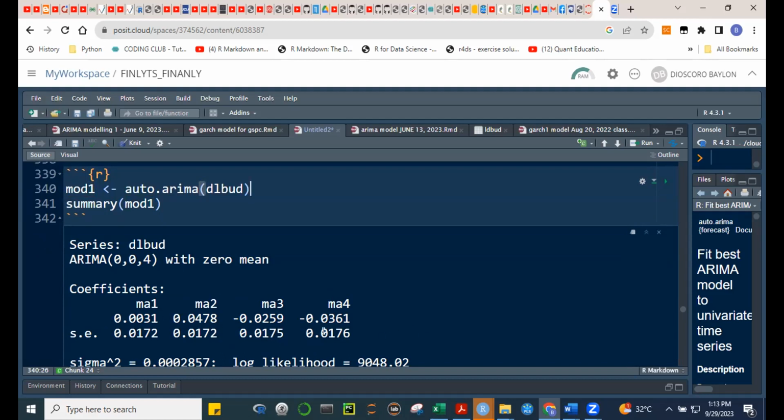And these are the coefficients. So last time we learned how to generate the equation. We said that the equation for this is, let's annotate this. We said our model is we're modeling DL-BUD, right? DL-BUD sub T is equal to, so we have your MA1, MA2, MA3, and MA4. There's no mean. Nothing was given to us as an average, so we don't have that alpha value. So our model will be